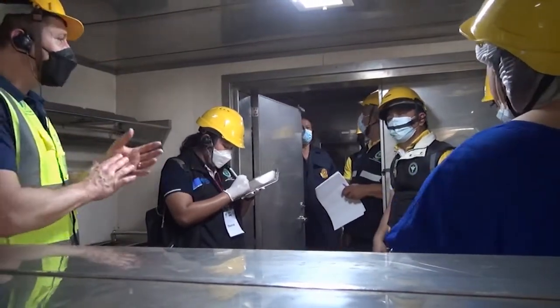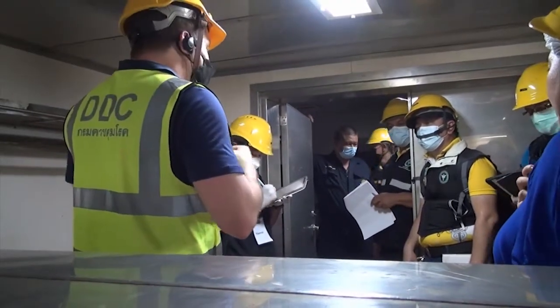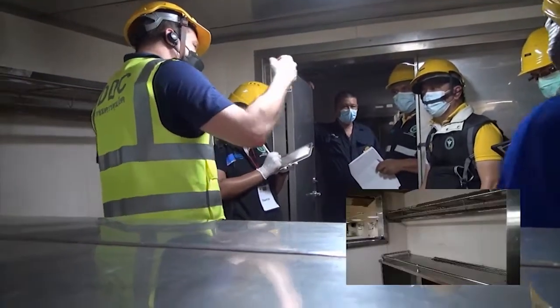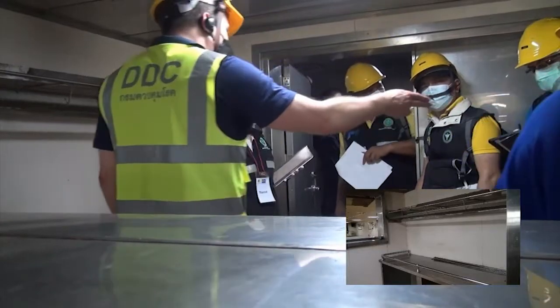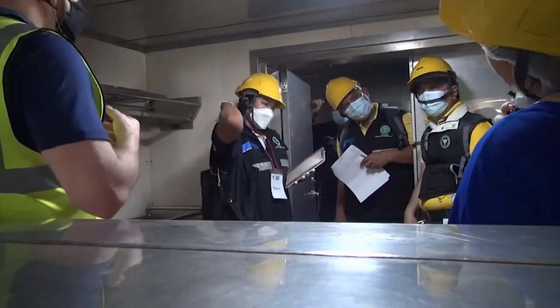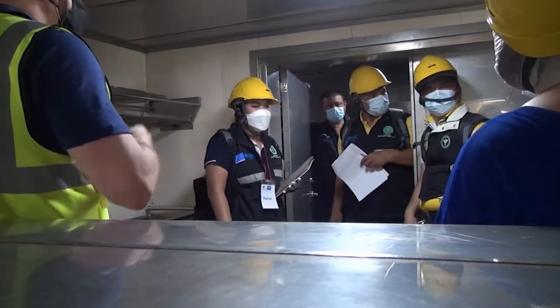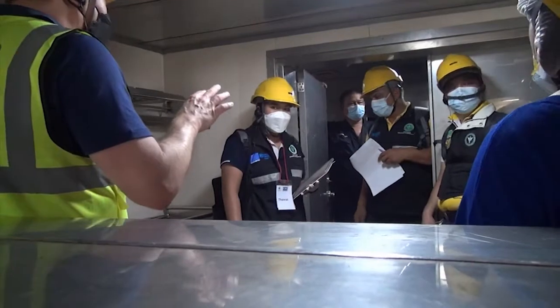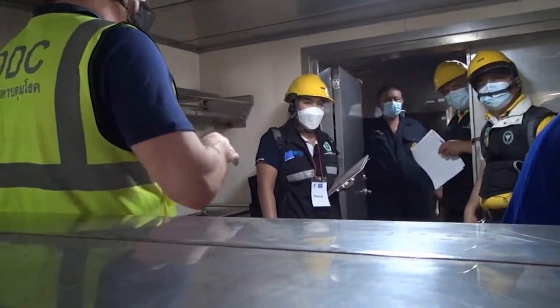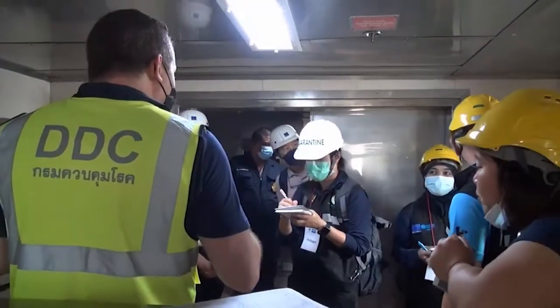The other thing in this room that kind of sparked some additional questions is I saw there was a chemical cleaner or sanitizing bottle. So I asked them about their storage of chemicals. They need to have a designated locker or area where cleaning chemicals and clean equipment are kept, away from